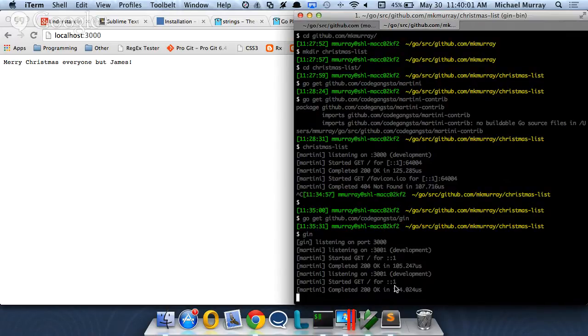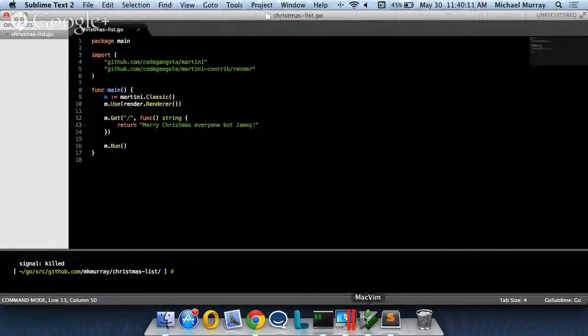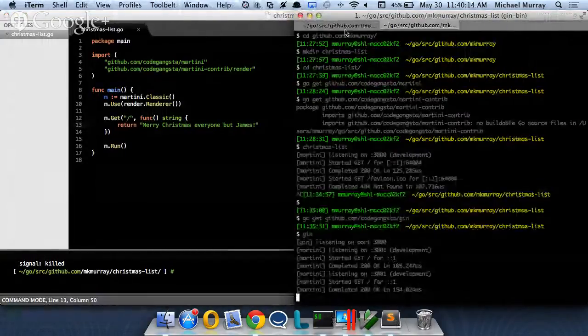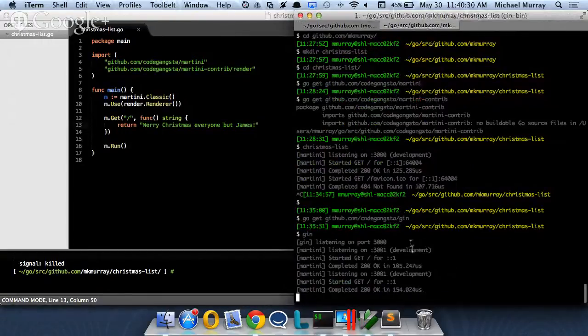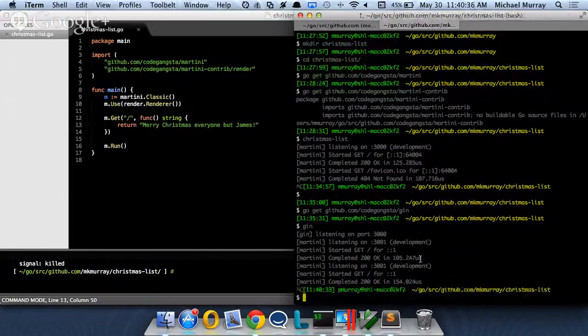All right, well, let's actually make a useful Merry Christmas list. This is just responding at the root route here. So in order to do this, we're going to persist some things to MongoDB, our Christmas list. On the side here, I've done brew install MongoDB, and then I've actually started the MongoDB server, and that's it. And then over here, I need a driver for MongoDB from Go. There's a decent one